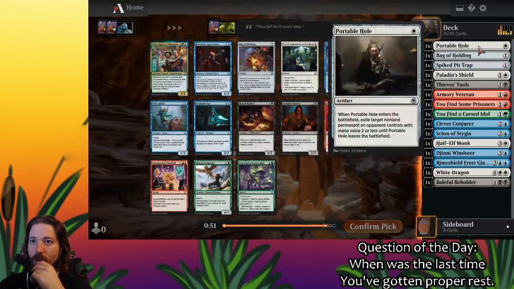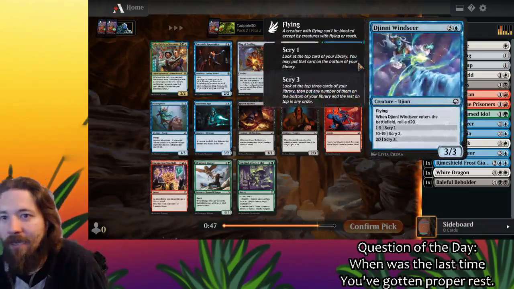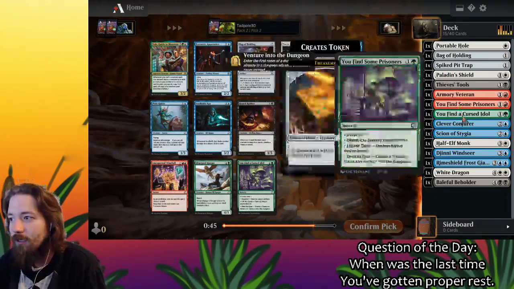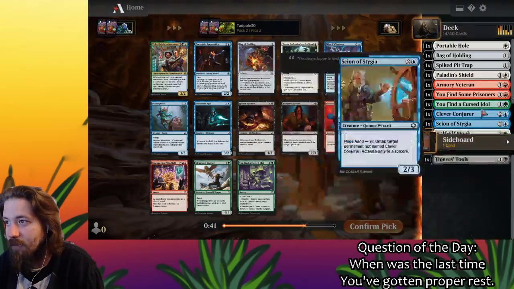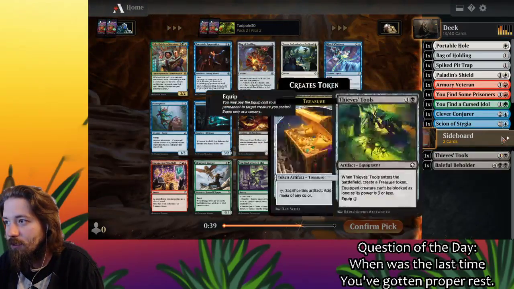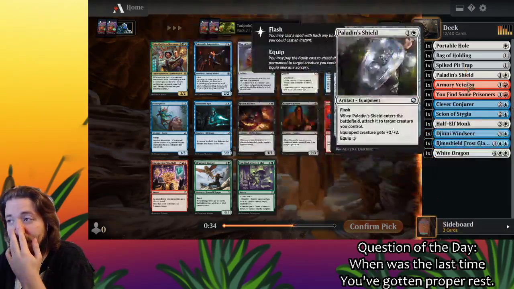Volo! Guide to Monsters. Can we... If we don't want it, we have an Eccentric Apprentice, which is good. And another Ginny Windseer, which is also good. So we're definitely... I think we are blue-white. I'm going to take out the Thieves' Tools. I'm going to take out the Baleful Beholder. Take out the Cursed Idol. Yeah, I think...